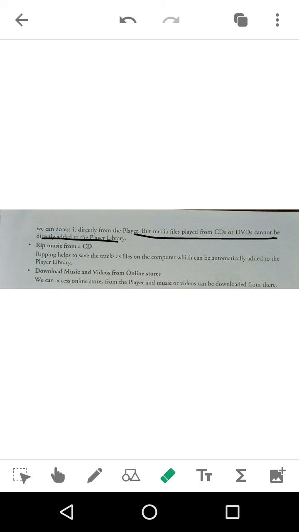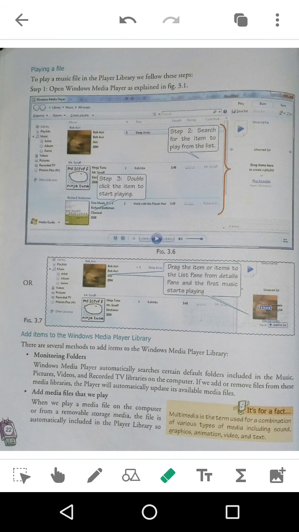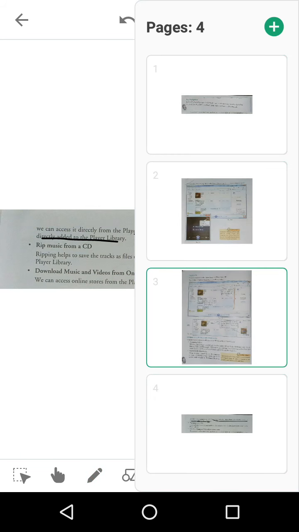But if you directly want to play anything from CD, you can play it, it will get played, but the problem is that it will not show up in this library, as it is written in your book. So this is the thing.